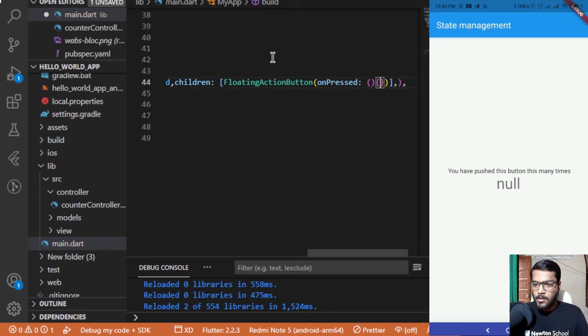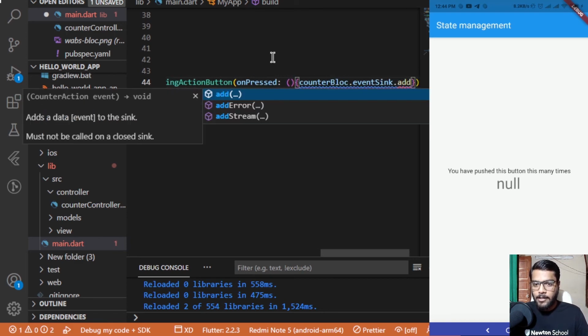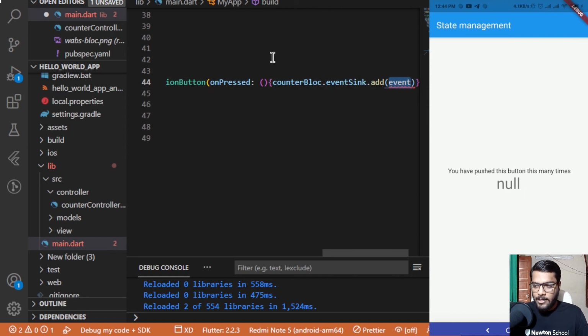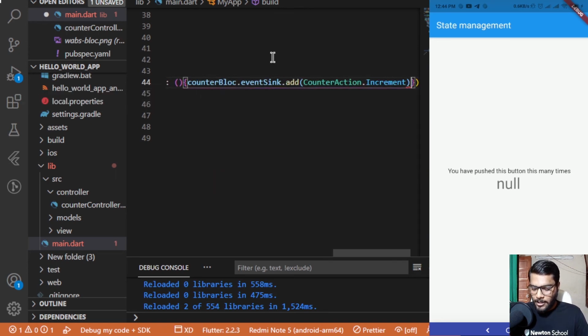For the on pressed property, we'll be having counter BLoC dot event sync dot add, and inside this we can add an event. So the event would be equal to counter action dot increment,